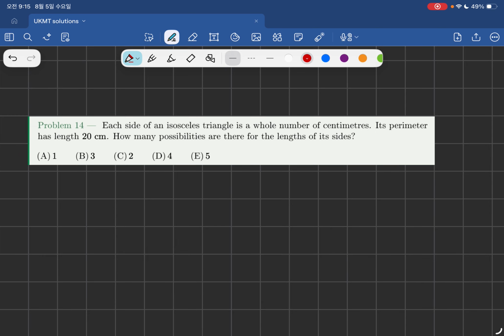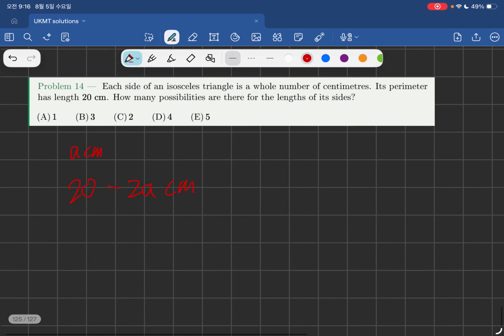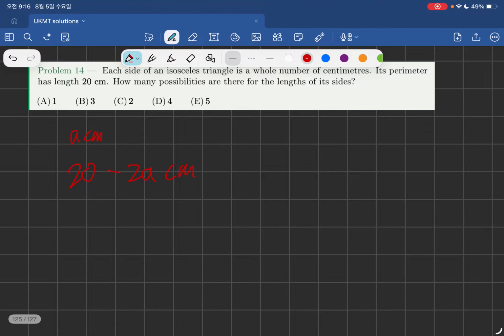So I'm going to say the length of the two equal sides of the isosceles triangle as A. So the length is going to be A centimeters. Since the triangle has perimeter 20 centimeters, the third side will have the length 20 minus 2A centimeters. Since this must be a positive length, 20 minus 2A centimeters should be greater than 0, so A should be